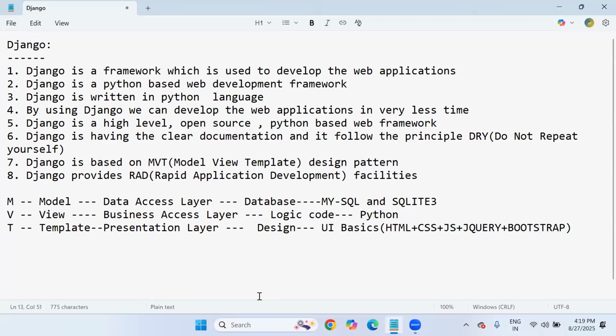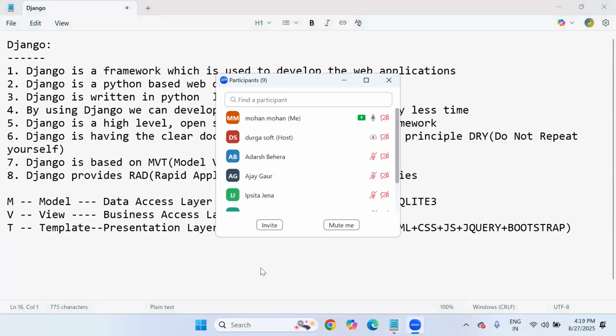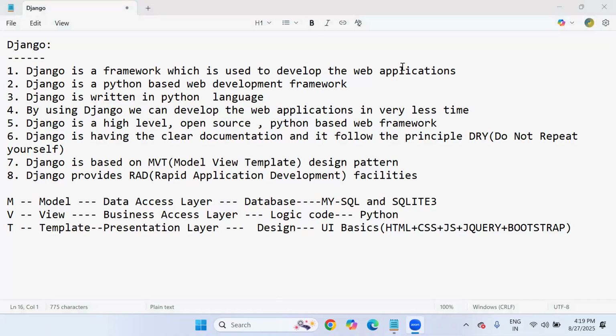Do you want to store end user information or customer information permanently? In that context, I recommend using a database. For the database, we should focus on MySQL and SQLite 3. So in total, three areas we are going to focus on in majority of cases in Django development.